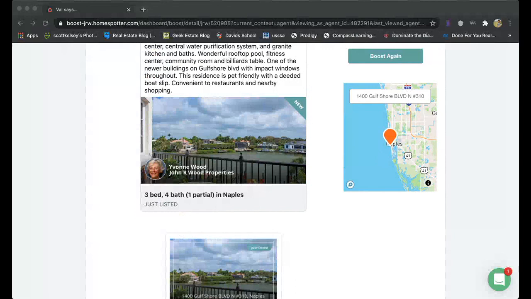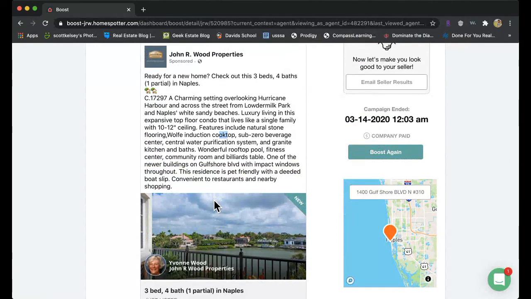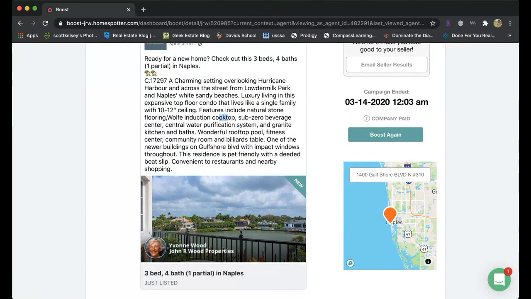Other MLSs do allow it, but for some weird reason it doesn't communicate well with our stuff. So that's Nabor's deal. That's not something that we can fix. You can change it in your description. You can go in here and change these ads to say what you want them to say. That would be your only way to do it right now. For some reason Nabor doesn't pull over dens.